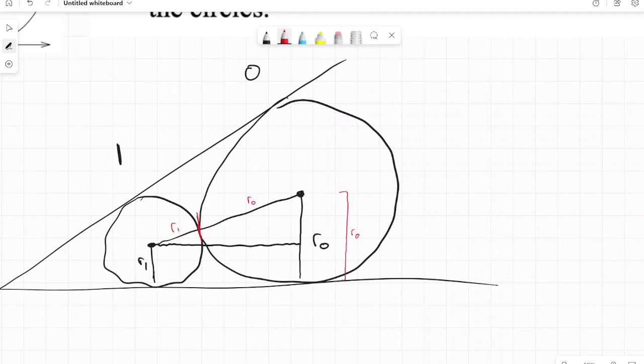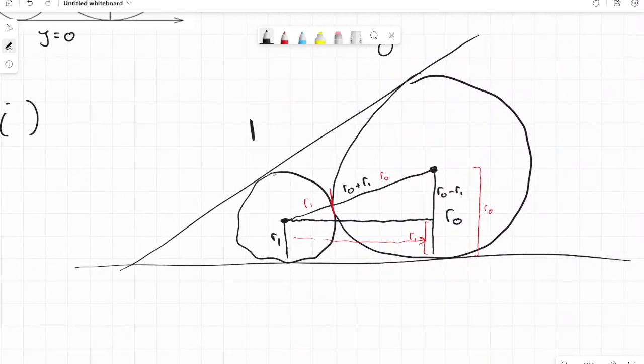This little base piece here we can transfer across, and that is R1. So therefore, this side length here must be, we'll use black for that, R0 minus R1. And then this top hypotenuse must be R0 plus R1. And then, because we've got this line that goes all the way across to here, and we know this angle